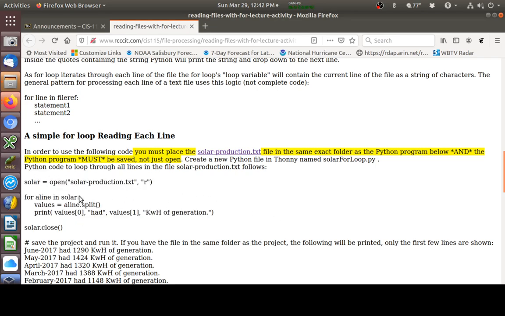Now, some things I want to point out. This is an open statement. When you open a file, you have to tell Python whether you want to open it for read or write. If you're not going to change something in the file, then you put an R there. This variable right here that I named Solar is just our file pointer variable. It holds this file pointer object that we can use to